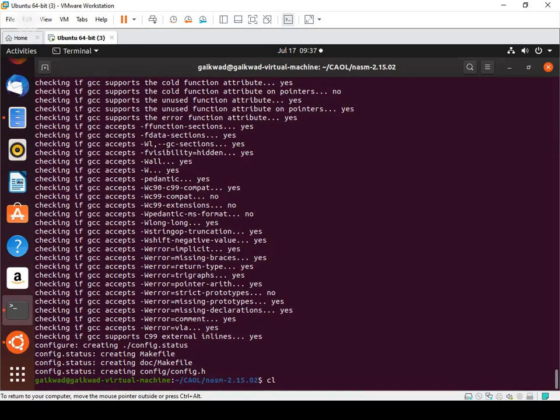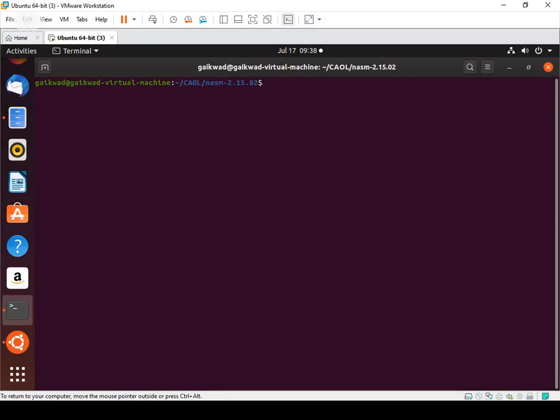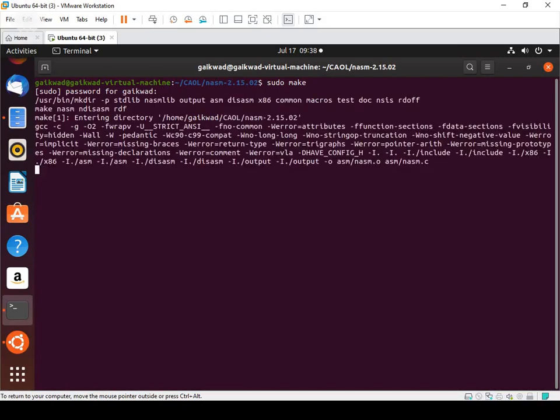I clear the screen by using the command clear. See, the screen is clear now. Now we will type the command sudo make, press enter. Now it is asking for the password of this Ubuntu. The password is not visible to you.